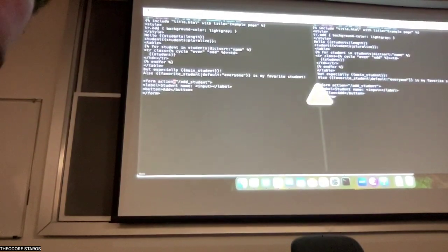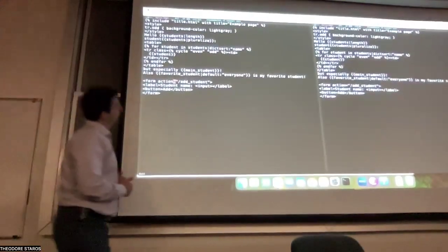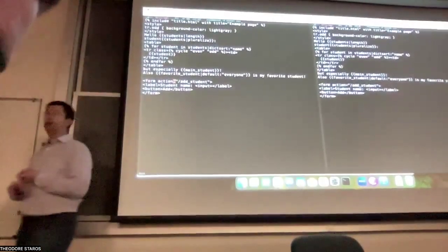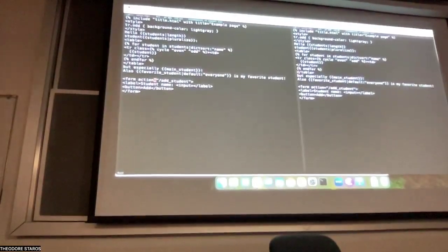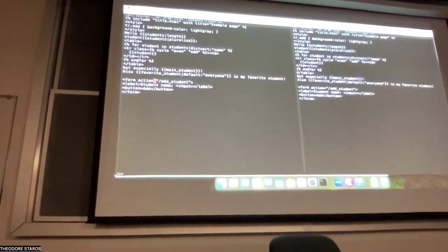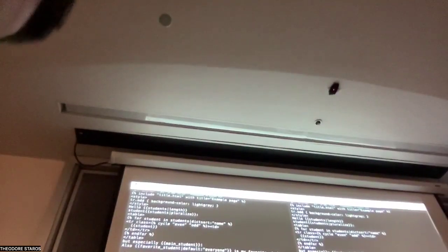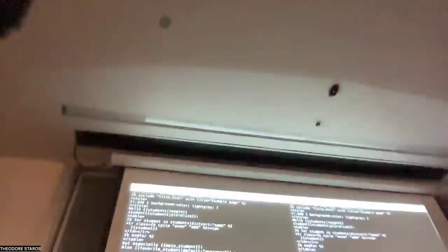So remember that the action is a URL. It's just like other HTML elements that have a source equals or an href equals attribute, but this one, for bizarre reasons, is just called something else. Not even one that makes sense. You'd think action would be a verb. It is a URL. Now that I have added this URL,